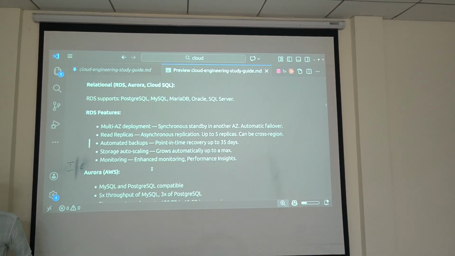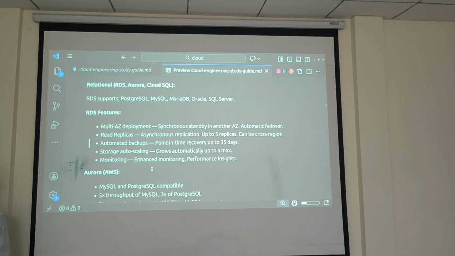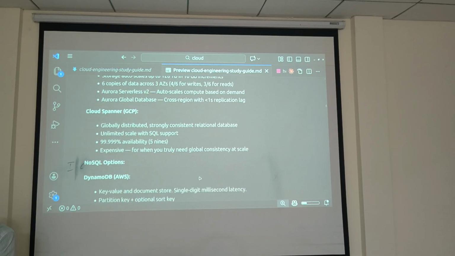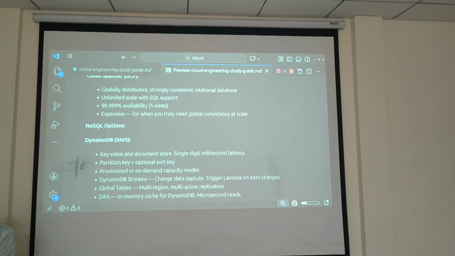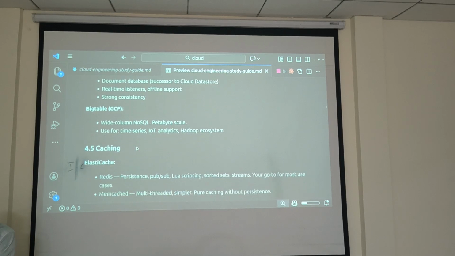It's like that in AWS also. Whatever databases they are providing, if you are using the database on their side, you have to set up the proper rules and everything. How I am going to access it, how it's going to work, everything you have to set up properly. Standards are required. So these are the databases available: Firestore, Bigtable.